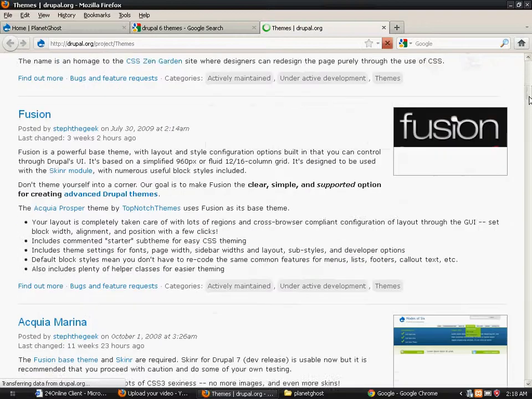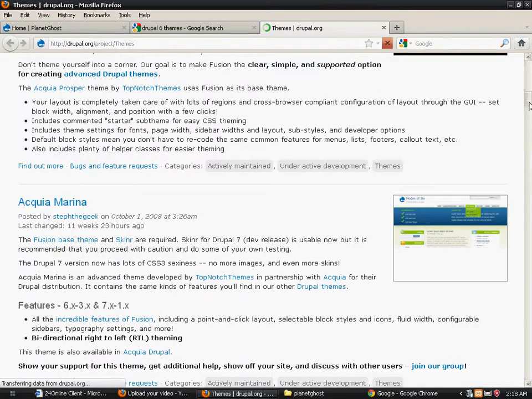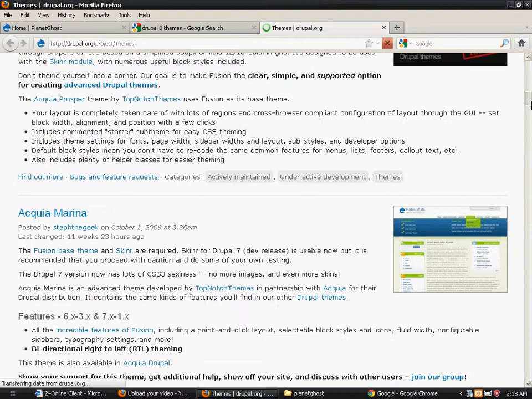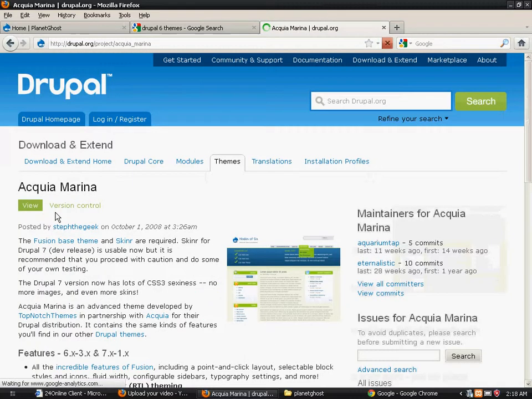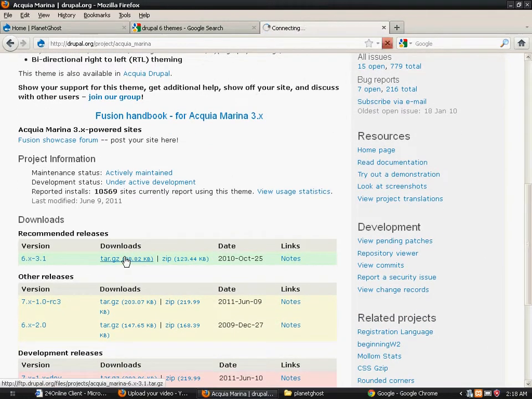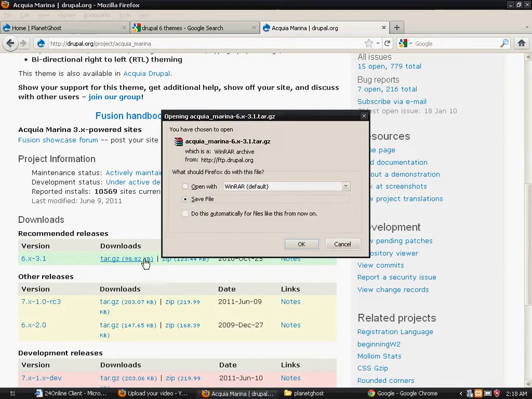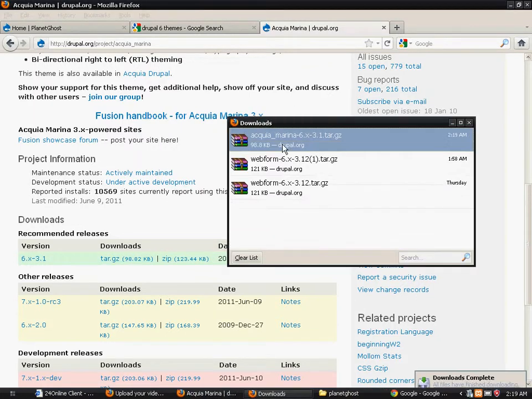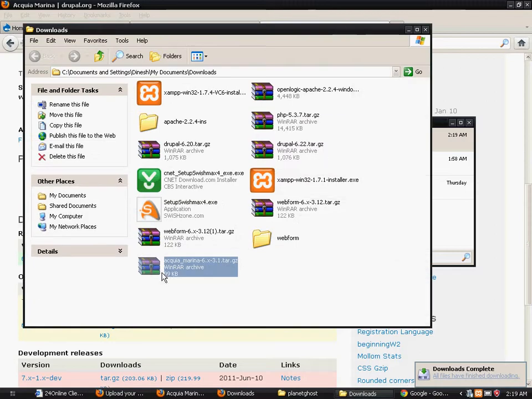Okay, Aqua Marina. This seems to be a nice Drupal theme. I'll click on that and I'll download it. I'll extract the folder. I'll copy the folder